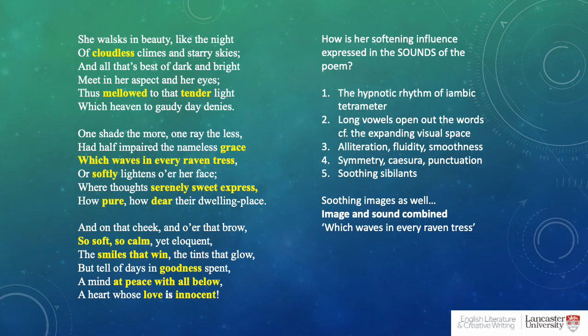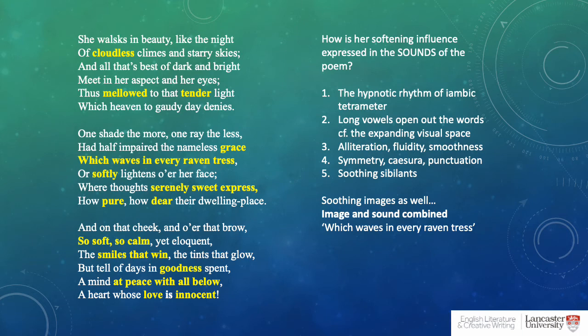himself, and he makes that happen in some other ways. There's something called a caesura, which is where you break a line in the middle with a mark of punctuation or perhaps just with a pause. So the first line of the second stanza, he's talking about that perfect balance. And he says, "One shade the more, one ray the less, had half impaired the nameless grace" of her ability to mellow this darkness and light and get them together. So I think of that caesura as like the balance on a pair of scales with the two sides balancing out on that punctuation mark. He does that in the first line of the third stanza.